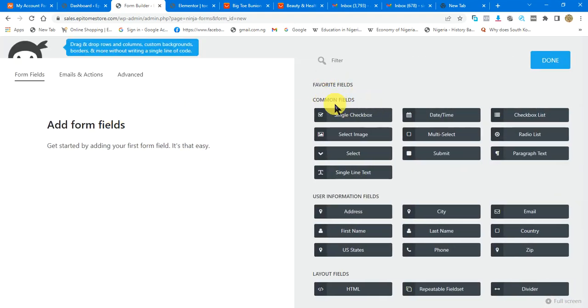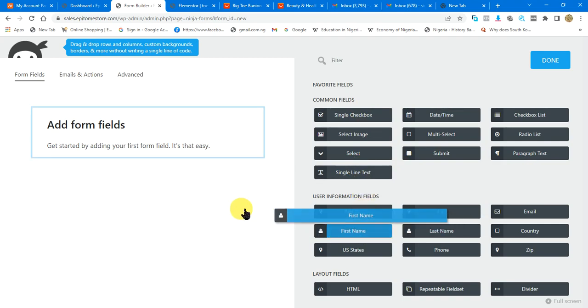There are different fields you can use. But the fields we are using are: we are collecting their names, their address, their phone number, landmark, quantity of the products, and their email address too. Alright, so the first thing is